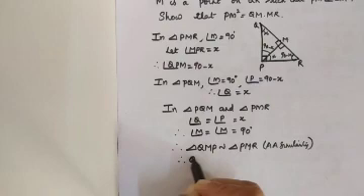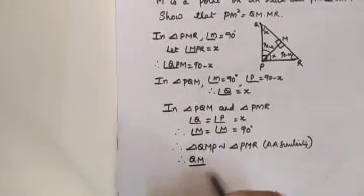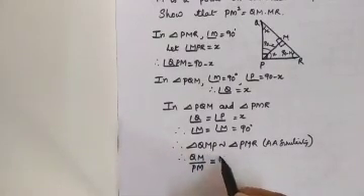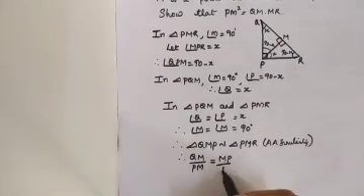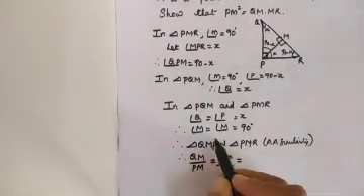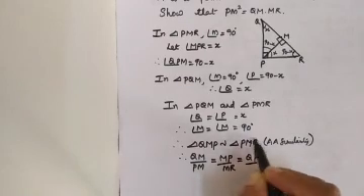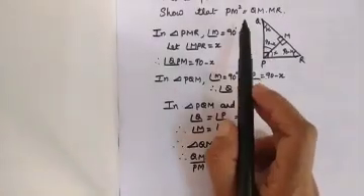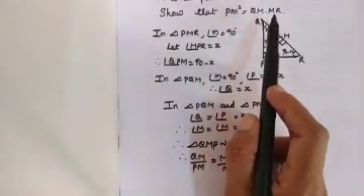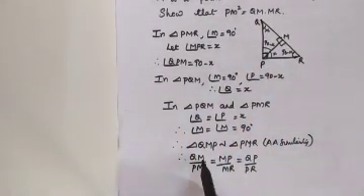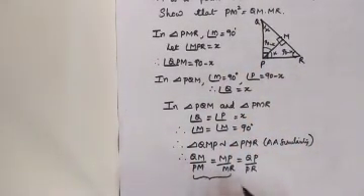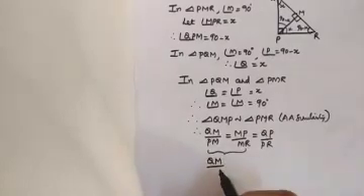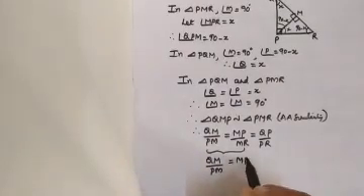So you will write QM by, here first and second, so here also first and second, QM by PM is equal to, here second and third, MP by MR. It is also equal to, we will take first and third, that is QP by PR. You are writing all the three ratios. Now see the question, you have to prove that PM squared is equal to QM into MR. So you need PM, QM and MR. So you will take these two ratios only. And therefore these two ratios are QM by PM is equal to MP by MR.